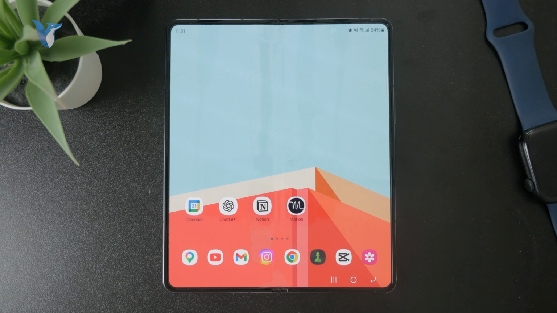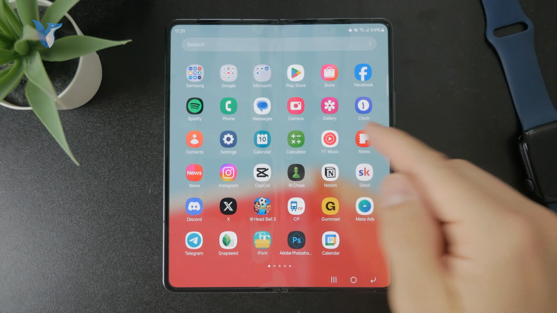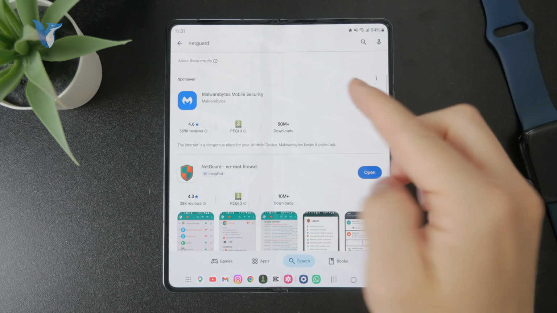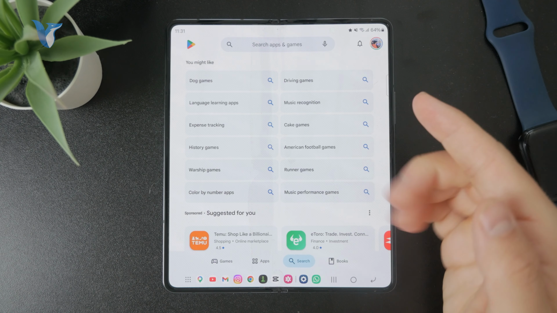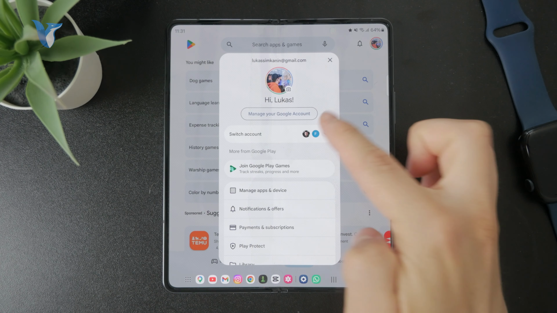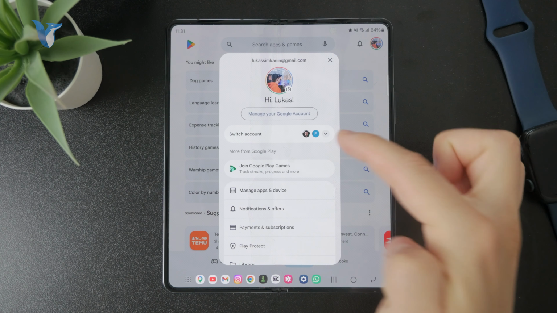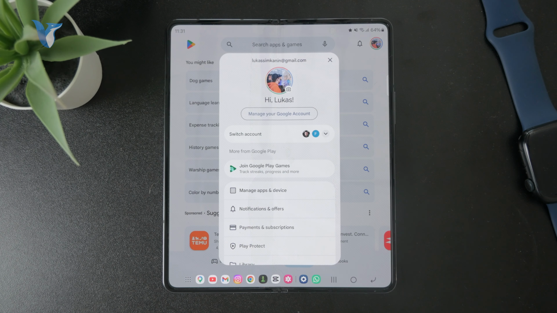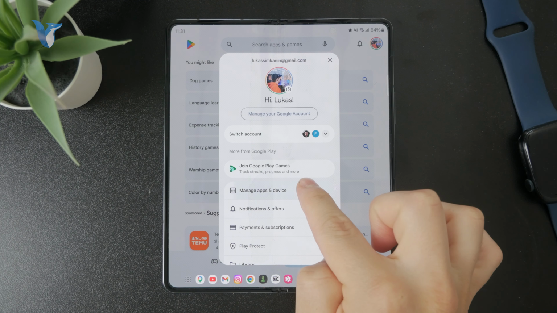So it, of course, depends on which account you've been using with your Google Play. Because if you open up your Google Play, of course the Play Store, you can tap on your account at the top and you will be able to manage the stuff attached to your personal one. So you can even switch to a different account if you believe that you've been downloading apps from that one particularly. But you can see that we have the ability to tap on manage apps right here, manage apps and